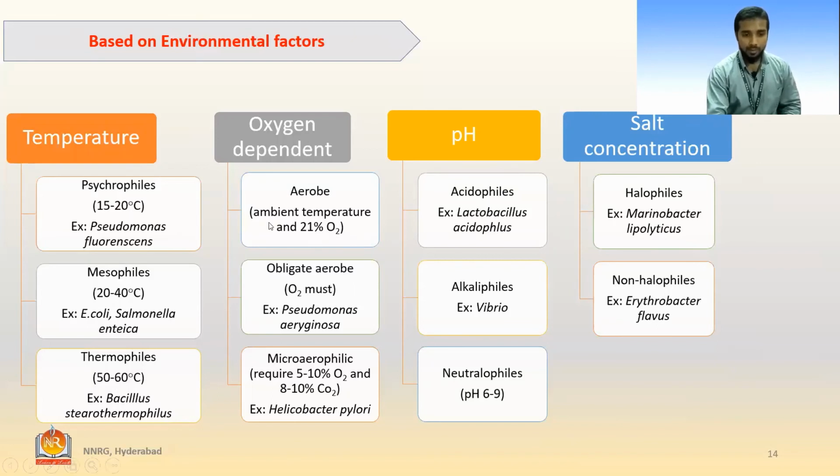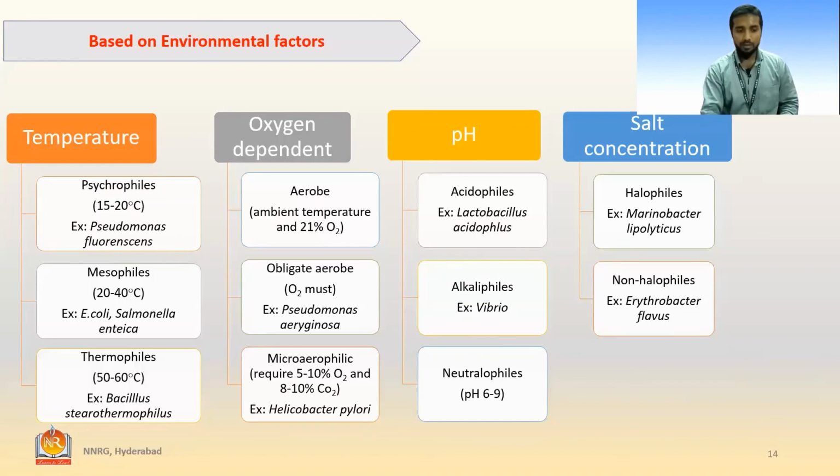In dealing with the temperature, first one is psychrophiles. Psychrophiles are those which grow between 15 to 20 degrees of temperature. The example is Pseudomonas fluorescens, and mesophiles, which means 20 to 40 degrees. It could be ambient temperature, right? The normal atmospheric temperature. And example is E. coli,